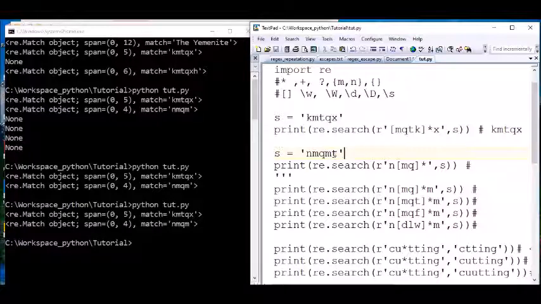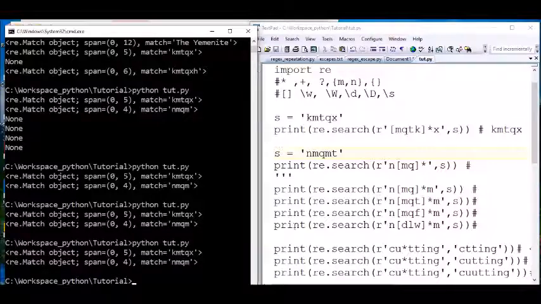So it quits after the T. What I'm searching for in this string is everything except T. So N, M, Q, M. The search is satisfied up to here, because only these characters match.